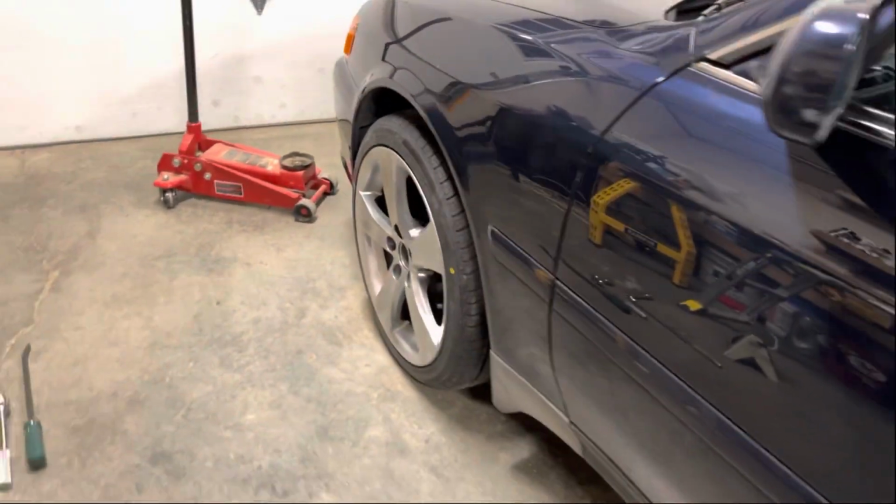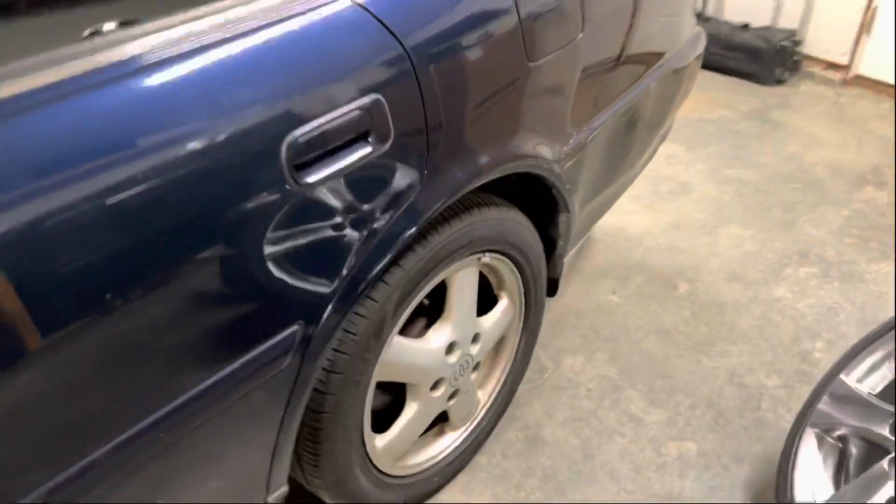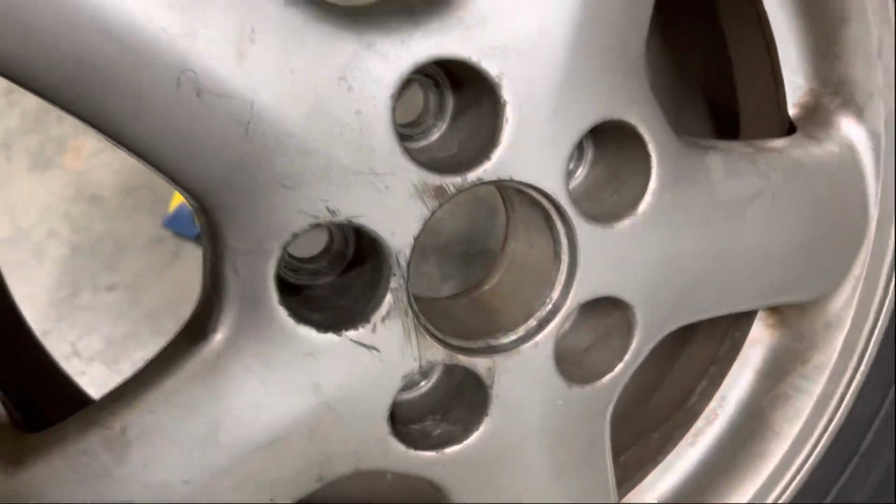It's obviously a much larger wheel. Really getting that gap out of there is gonna be huge. And the best part, the OEM center cap that came off of the original wheel